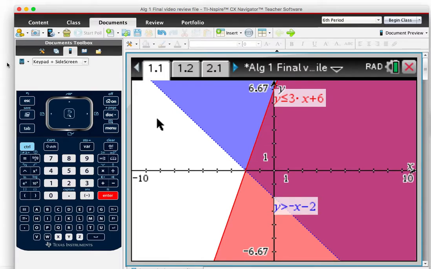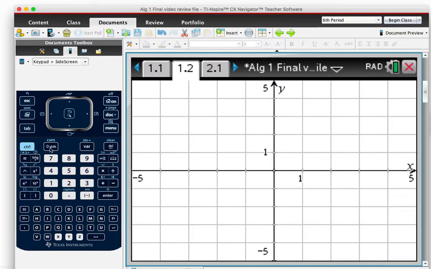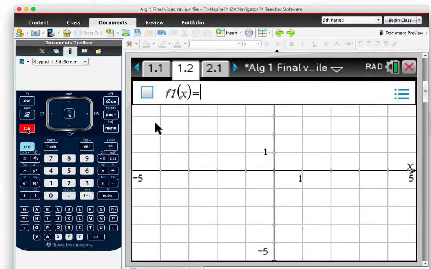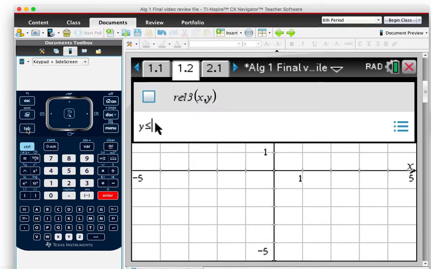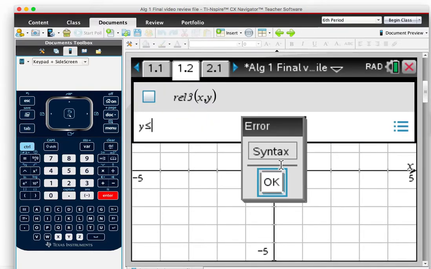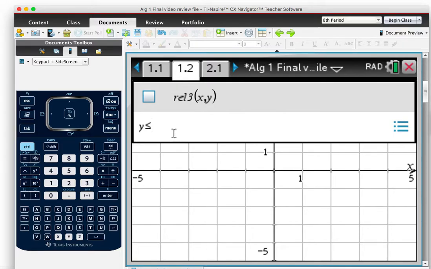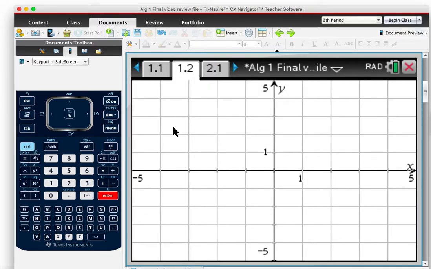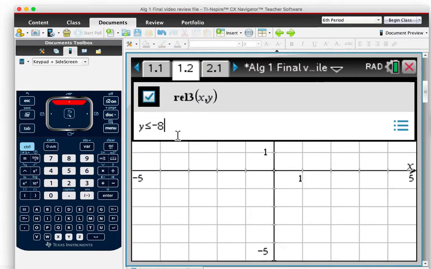And for the most part, when you open up your graphing screen, it gives you the standardized graphing window of -10 to +10 for your x values, and -6.67 and +6.67 for the y values. However, on the graphs that will be on your paper, hold on. Let me do -8. I don't want to see that. Okay, so the graphs that will be on your paper,